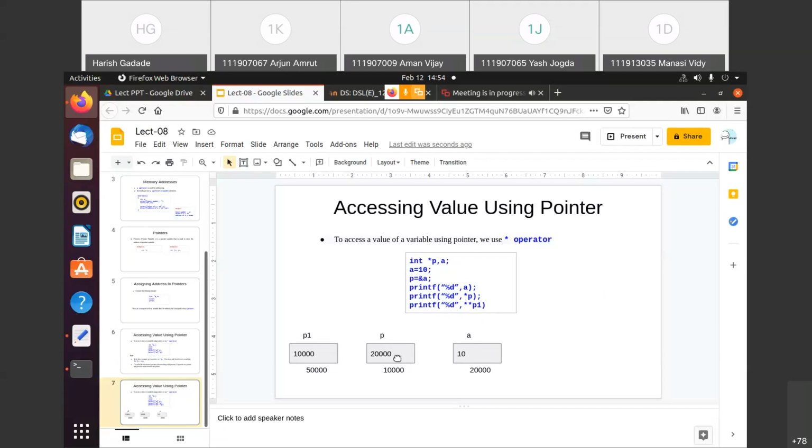Now see, someone will say, if we are simply printing using that A, then what is the use of the pointer concept? Now see, in this example actually it is not required, but it is required in the case of an array, because in an array we have a number of elements, and as I said, the first element address is most important, that is the base address. So how do we carry that base address? Once we know that base address, then we can find out the entire array. So to carry that base address, we need the pointer concept. Getting my point? To carry that base address, we need to follow this pointer concept.